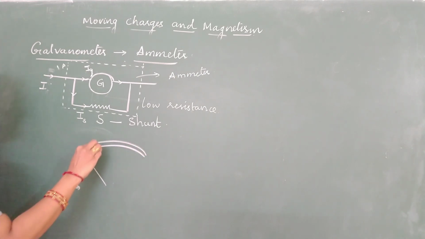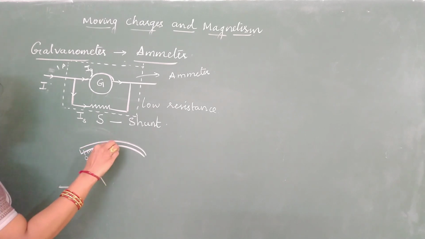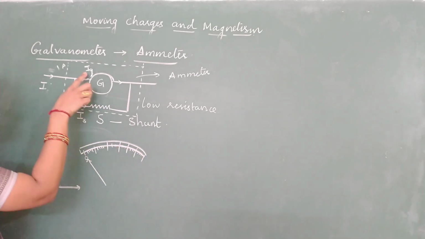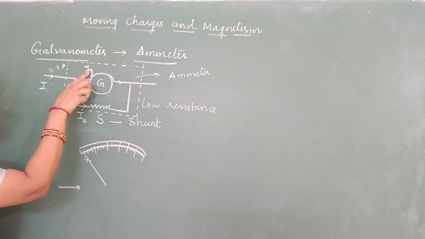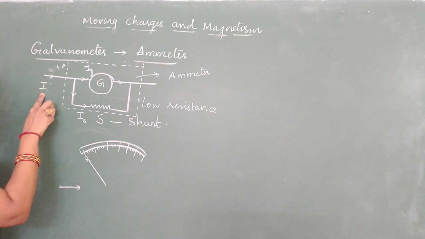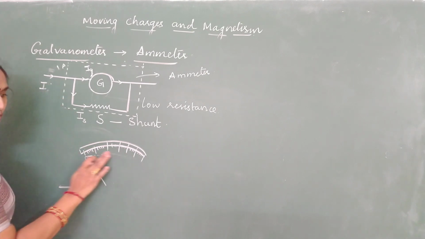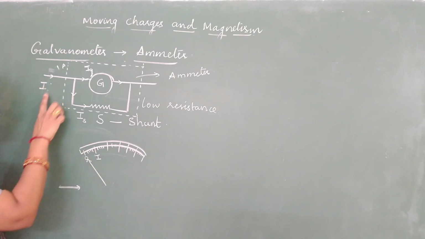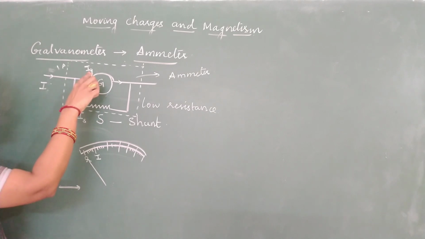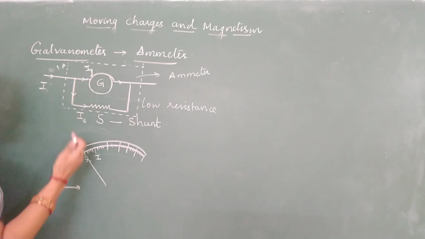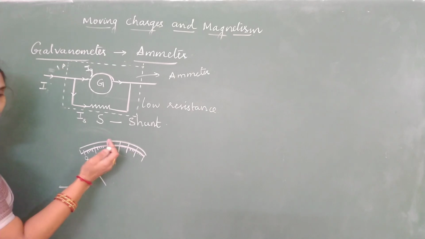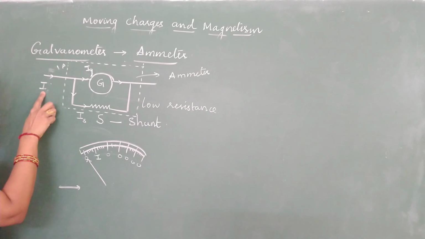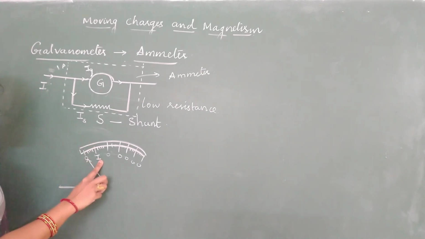Now I have to calibrate the readings, that means mark these values. We know the galvanometer is deflecting because of IG, but it has to indicate the values of I. So whatever readings were there, we have to erase them and mark the readings of the total current. Again, the galvanometer actually deflects because of the current IG, though it is deflecting because of IG, we will mark the readings according to the value of I. This itself is called calibration.